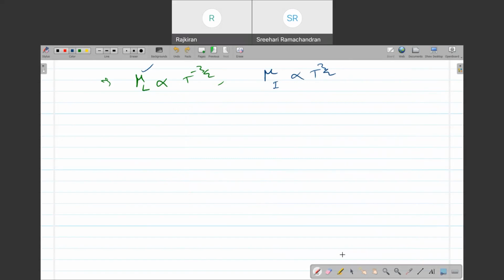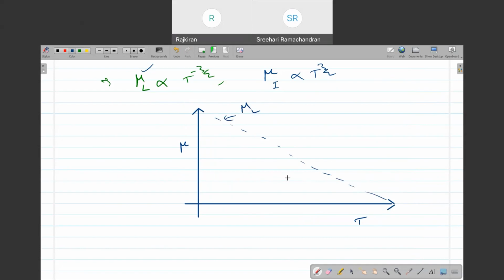So if I want to plot mobility versus temperature, it's a very important question for the exam. Mobility versus temperature. If I see lattice scattering, it is decreasing with temperature, so it will look like this. This is mu L. And the impurity mobility will increase with temperature, so this is mu I. So if I want to find out the total mobility,